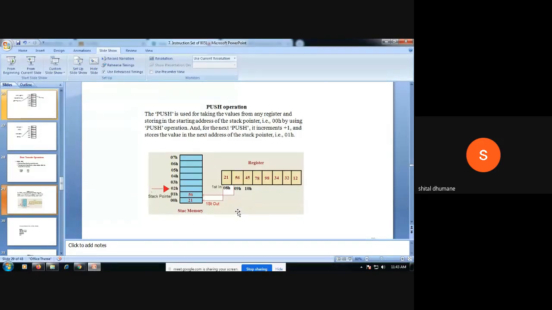The push instruction means what? It will push the data from any register to the stack. Okay, first in first out. So here your 21, the contents of 08, will get moved to your first memory location of your stack, that is 00H. Okay, then second data 56H from next memory location 09 will get moved; your stack pointer will get incremented, and then that data will get stored at 01 memory location of your stack.